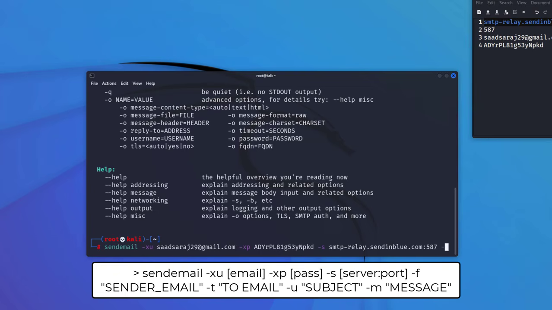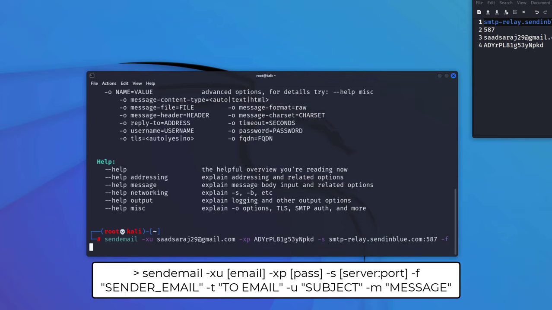And then I'm going to add -f, which is gonna be the sender address, or the address that we want to spoof the email from. So I'm gonna say -f and then add double quotes. And then the email address is gonna be john.smith. Of course, this is gonna be different for you if you are targeting someone. After you perform OSINT on this particular person, you wanna know his friends, his co-workers, the CEO of the company he works in, etc., so that you know from which sender email address you have to